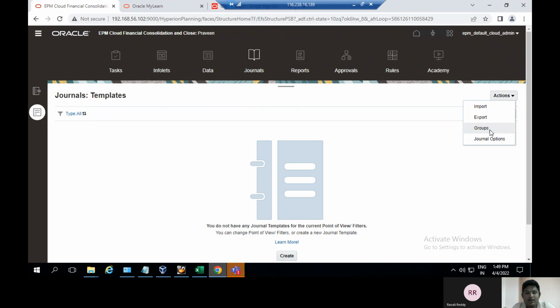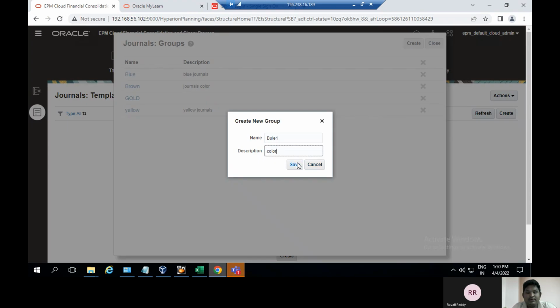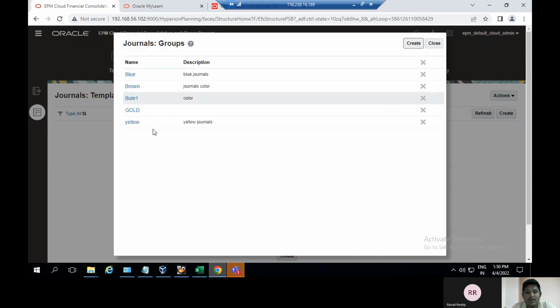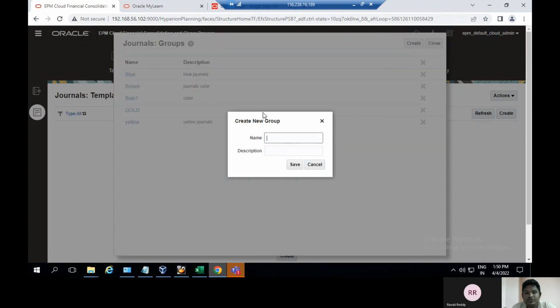Description is I will give just color, and save. Here to save the blue and color, and after I will create the yellow sheet, and here the yellow